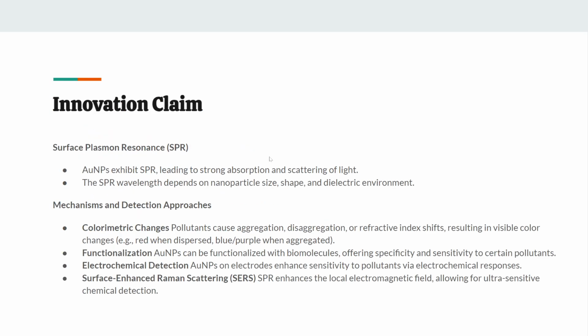Now, the innovation claim, here I have my SPR. Taking all the things that we've stated already, I think these would be highly effective in making sure that our waters would stay clean, or at least reduce the amount of pollutants already found in water, or at least be able to prevent certain organisms from being exposed, or I suppose less exposed.